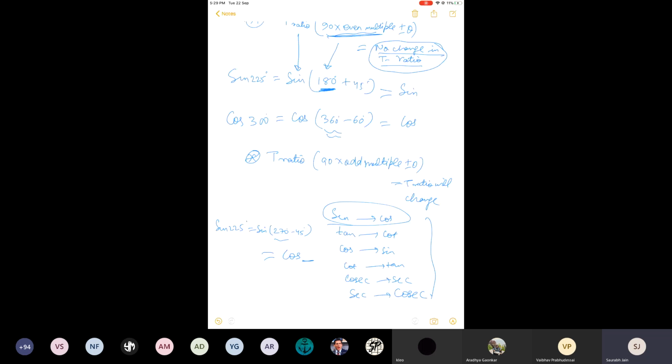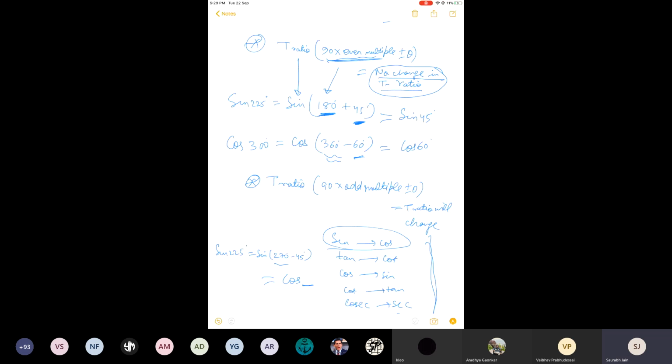Now second thing. Always angle will come. Whatever angle was written, that will come. See, I am coming back to this question. The heading is reduction formula. Angle will be reduced, so 45 degree will come. Angle will be reduced, 60 degree will be coming. Angle is reduced, 45 degree will be coming. Last point.